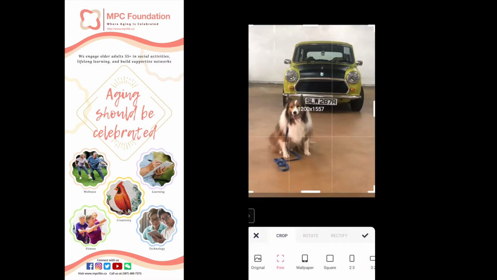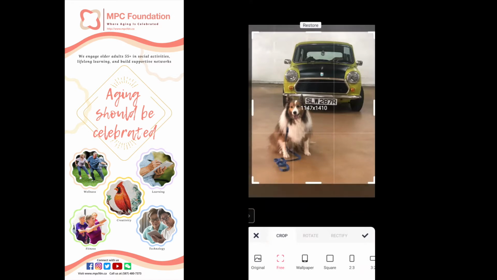So right now I can just hold on to the white border and then adjust the size of my picture. And if I like it, then I can use the check mark right here to save it. And let's say if I don't like it, or if I want to make